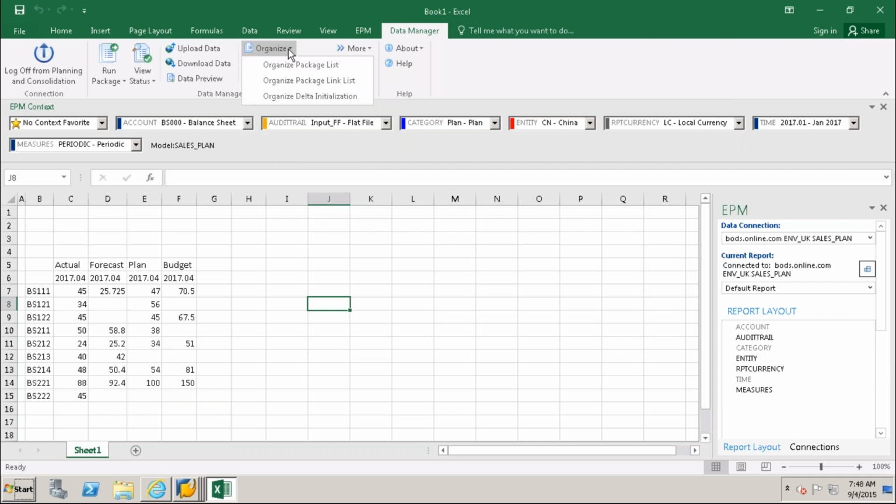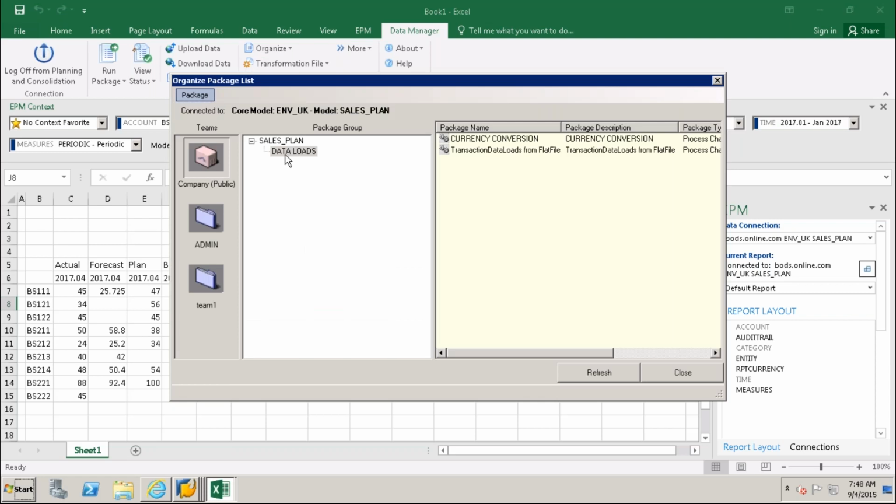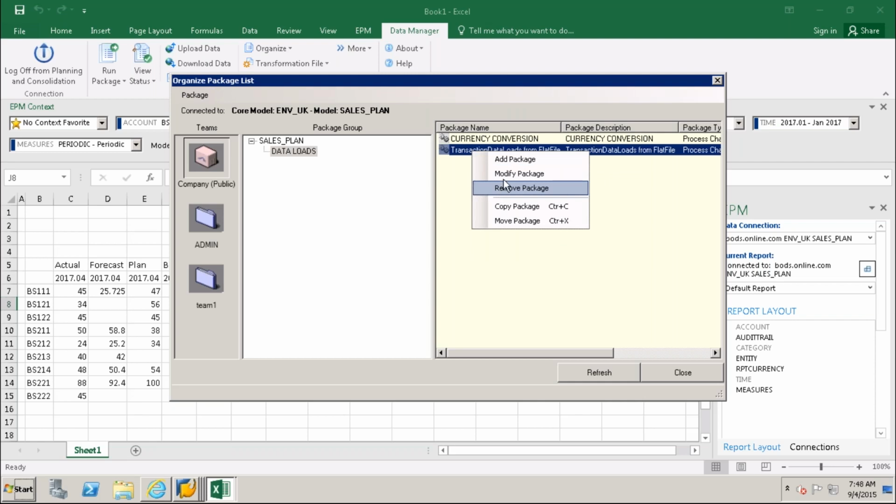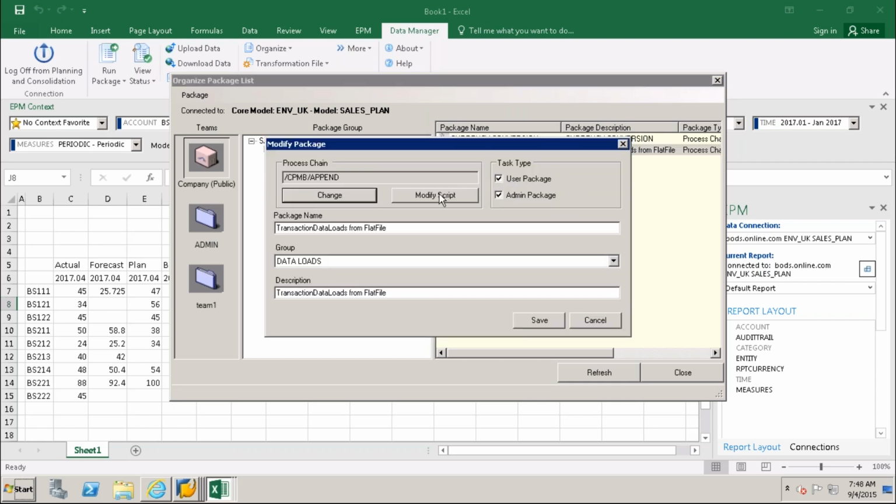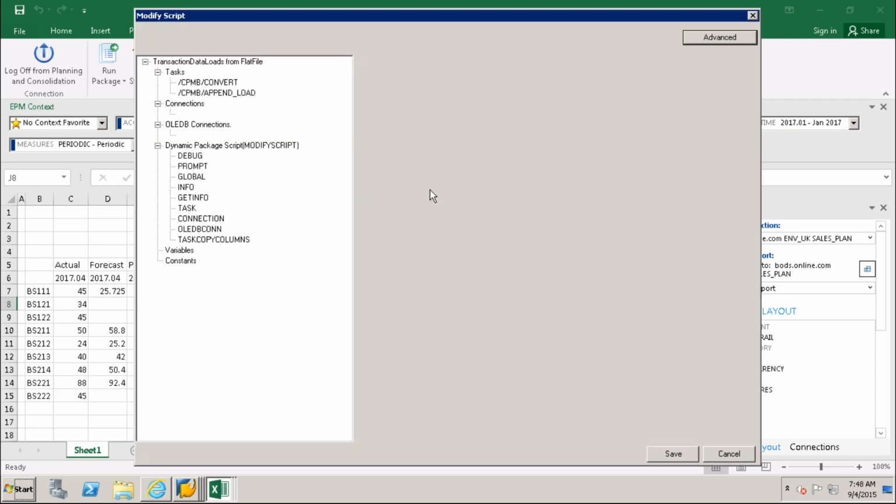Here only we will create the data manager packages. Organize list already created the data manager package here. Otherwise you click add package and it will add. So for the already existing data manager package, right click, modify, that means editing. And here also you have the modify script, and here go to the advanced tab.